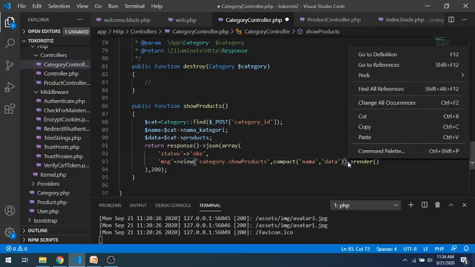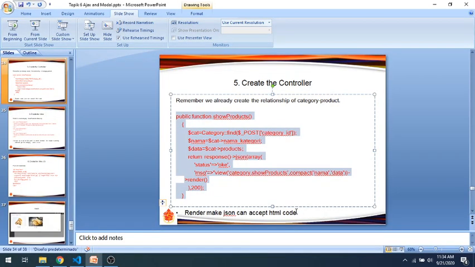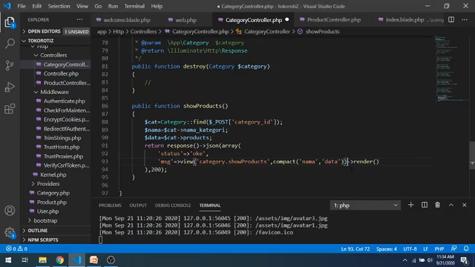The render function will create a view in HTML code, so that JSON can accept the HTML code.